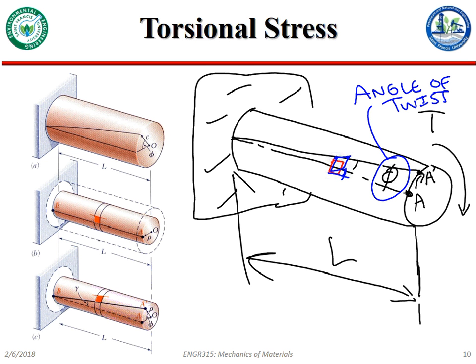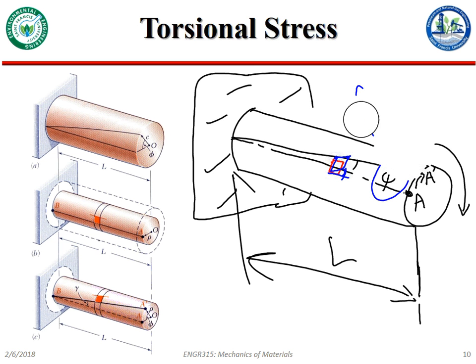So here that means that our shear strain must be equal to the angle of twist. So great, that means that we are rocking and rolling. And if we run some math,